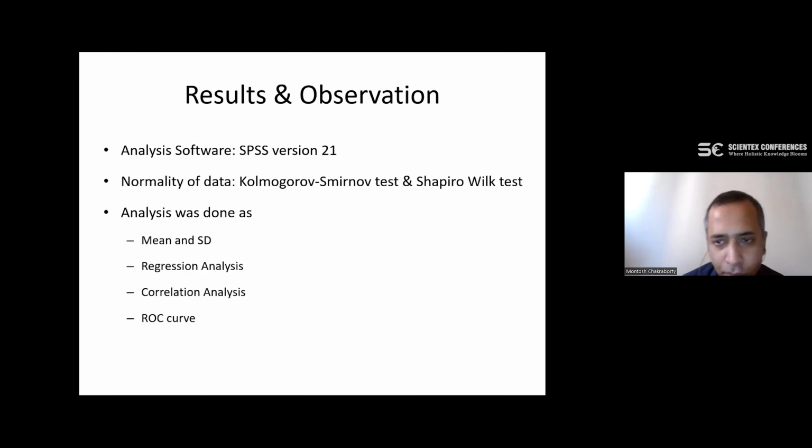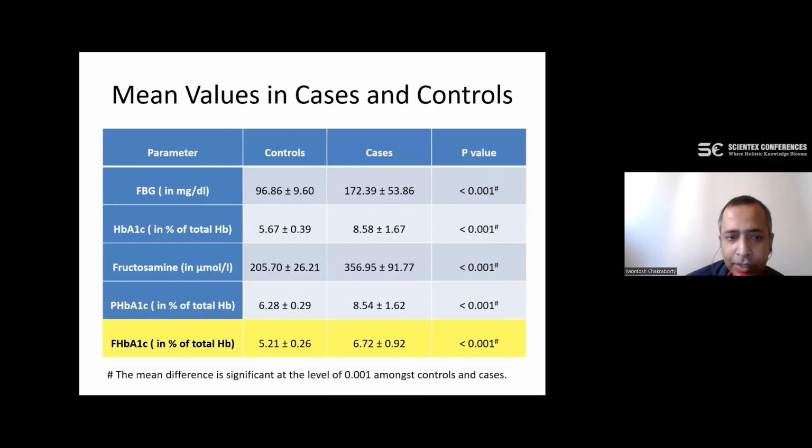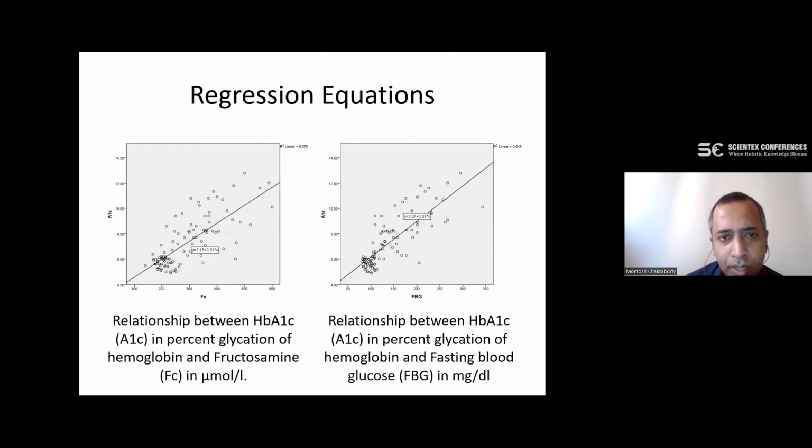We checked the normality of data by the popular methods, and we found that the data was parametric, and then subsequent analysis was done. Now, analysis is done as mean and standard deviation first. So when I am showing the mean and standard deviation, we are getting the values of predicted HbA1c and fructosaminated HbA1c. So let me first go on to how we got predicted and fructosaminated HbA1c,